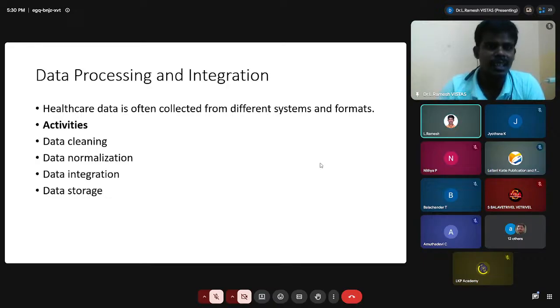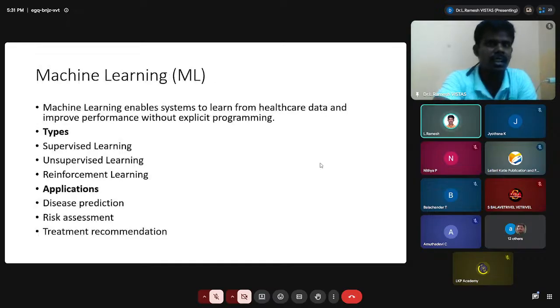That means importance of data pre-processing techniques: data cleaning, normalization, data integration. We are cleaning the data in more than one module, and integrating the modules to improve the quality level. So it is known as data integration. And fourth one, data storage. To improve the data level or quality of data, getting the source of data, store the particular place safely, privacy and security. It is known as data storage. It is a second stage of data processing. And third thing, machine learning techniques.